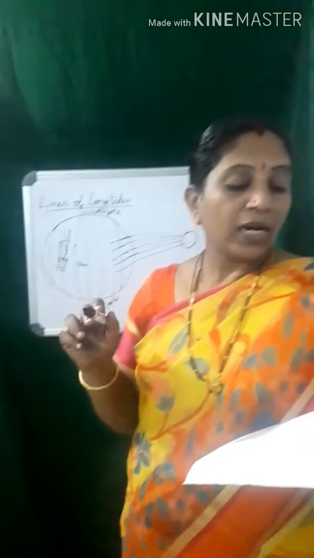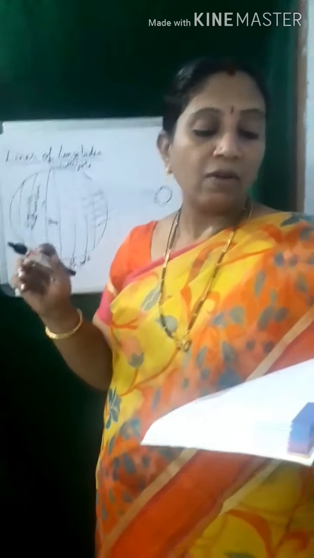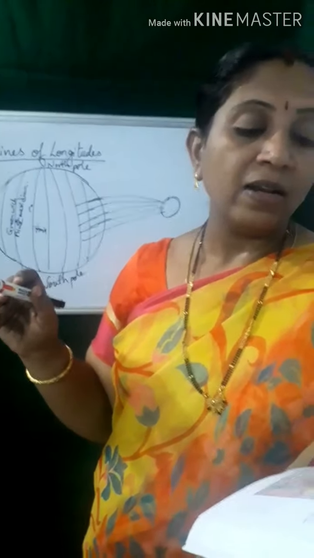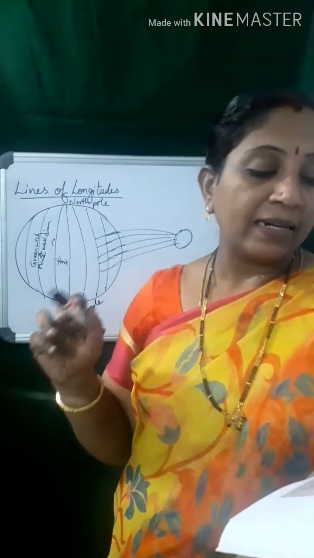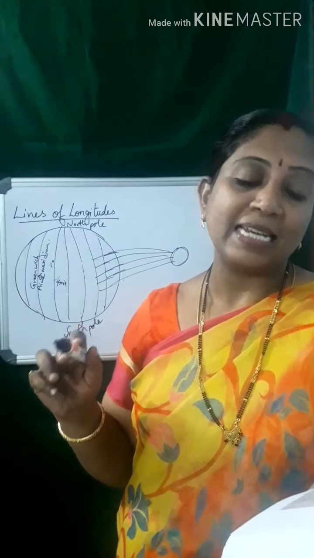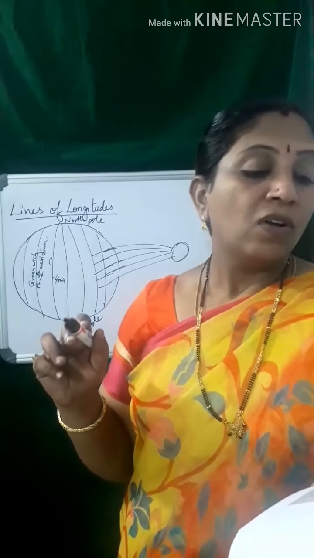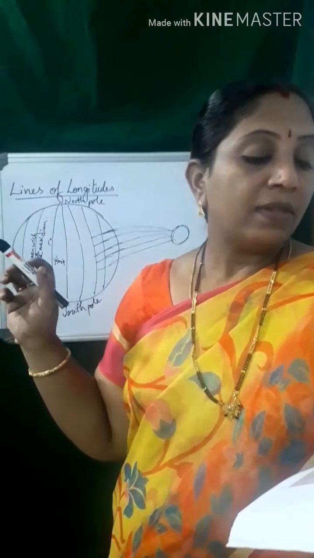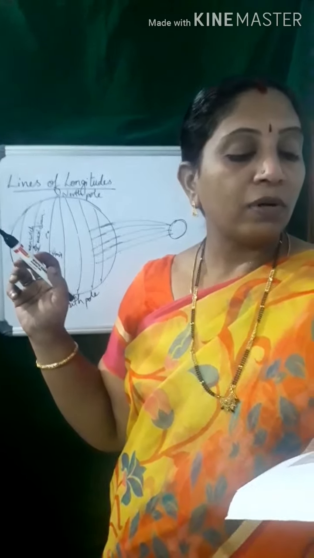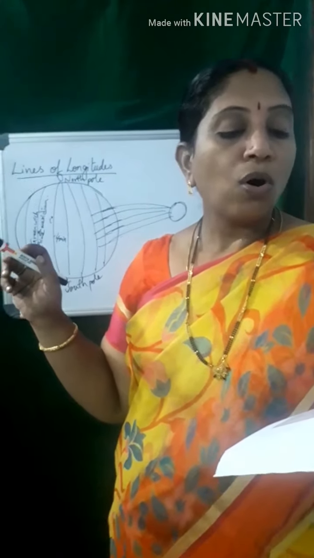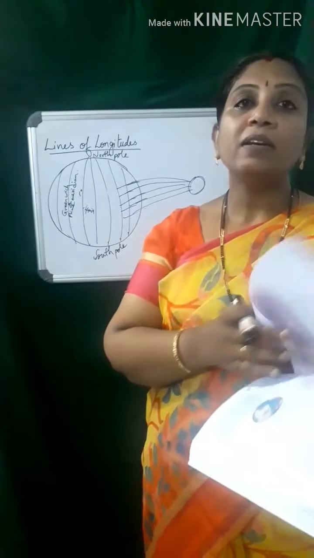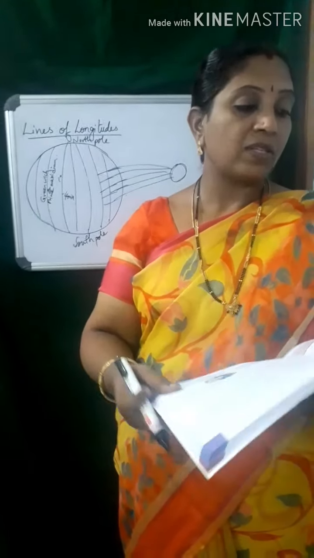In India, the local time of the 82.5 degrees east meridian is adopted as the standard time. It is the Indian Standard Time, or IST, for the whole country. This meridian, which passes through Mirzapur near Allahabad, more or less divides India into two halves.